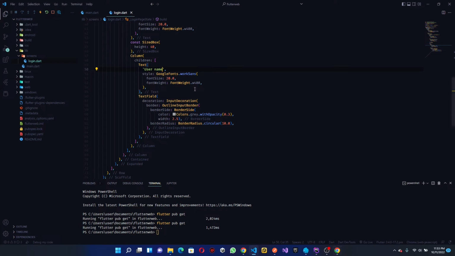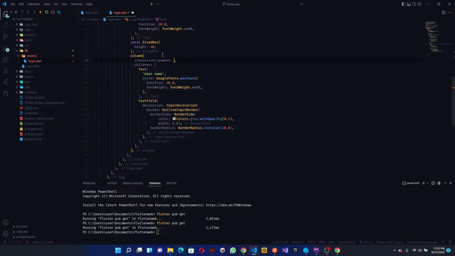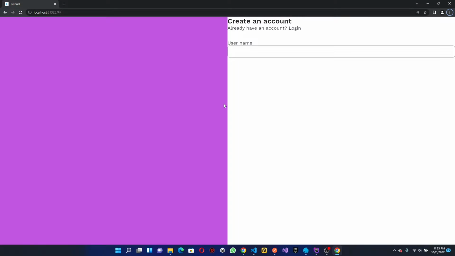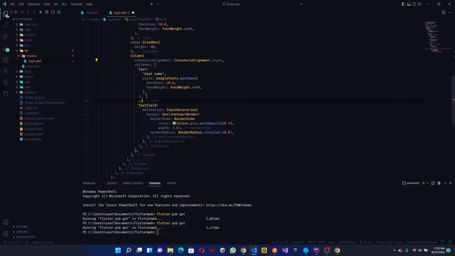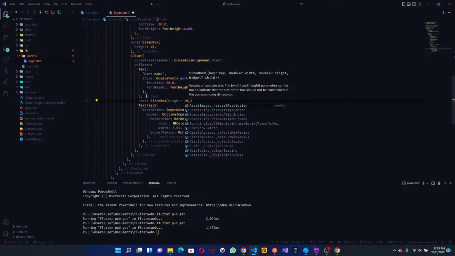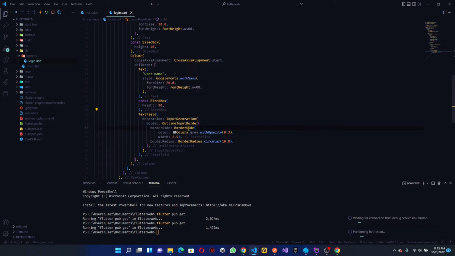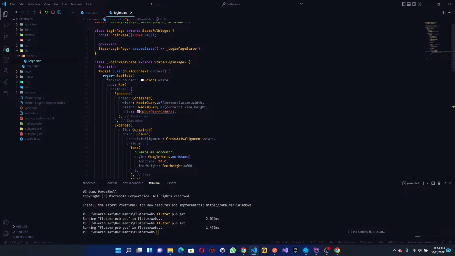Username. Yep. Then the cross axis alignment is going to be start, so it's going to push to the start, like our left hand. Yeah, good. Then there's a constant size box here. It's going to have a height of, let's say, 20. Okay, so once everything is done in this place,